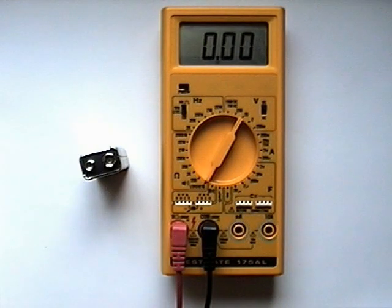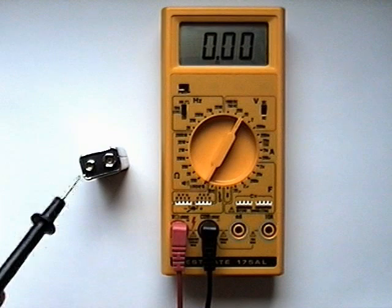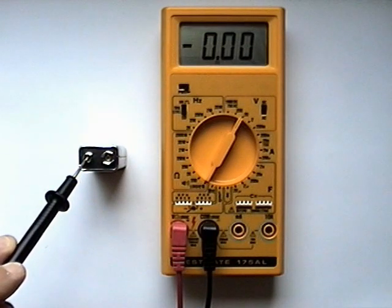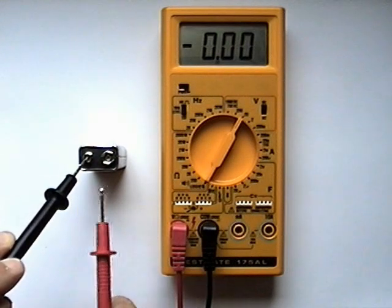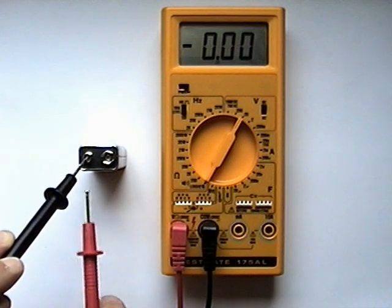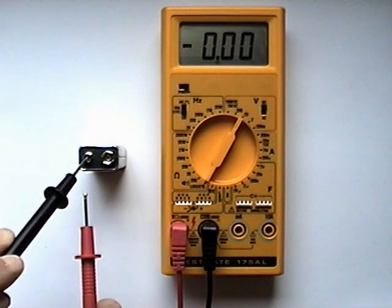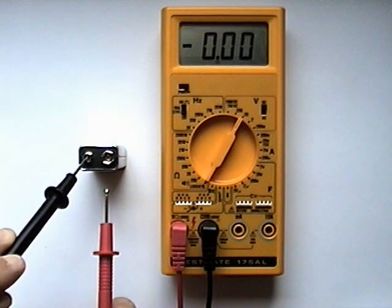If the test leads were reversed and making the reference point the positive side of the battery, what voltage would you expect to see on the voltmeter then? Remember that across the terminals of the battery there is 9 volts. But the positive side of the battery is at a higher potential than the negative side of the battery by